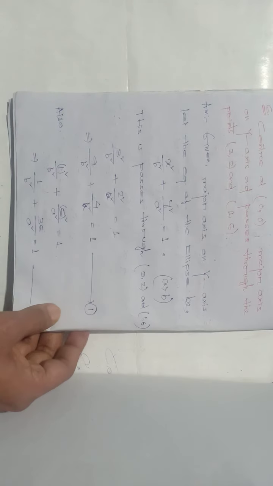Now as this ellipse passes through 2 points 3 comma 2 and 1 comma 6, putting first point 3 in place of x and 2 in place of y, so 3 square by b square plus 2 square by a square equal to 1, which can be written as 9 by b square plus 4 by a square equal to 1, call it equation number 1. And second point is 1 comma 6, so 1 square by b square plus 6 square by a square is 1 by b square plus 36 by a square equal to 1, equation number 2.